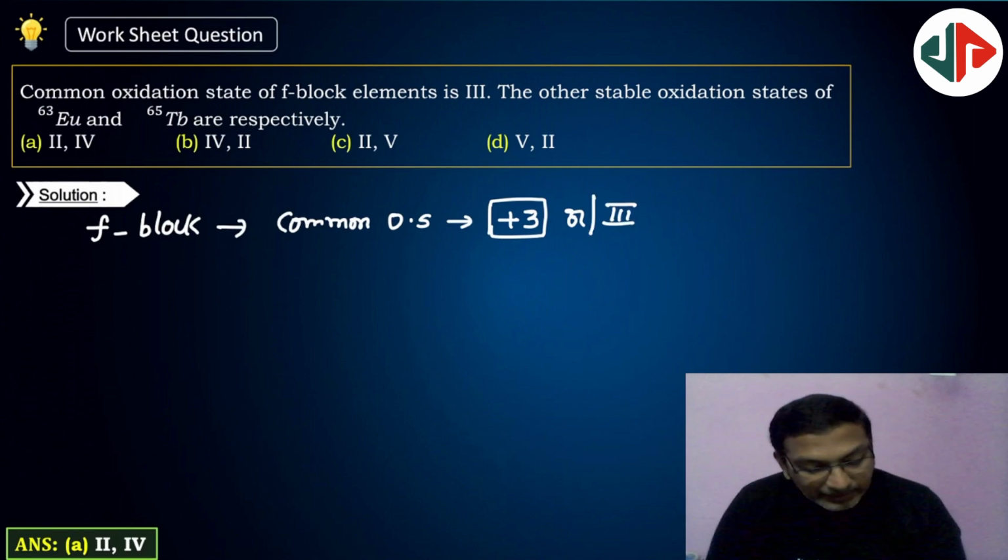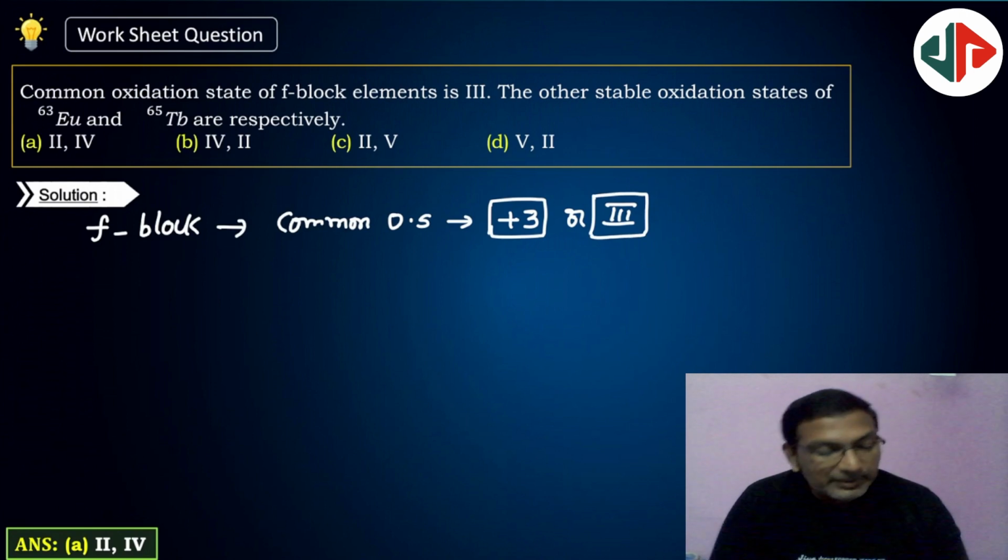But for some elements, plus 2 and plus 4 will be stable based on configuration. So what are the elements? Europium. Europium,